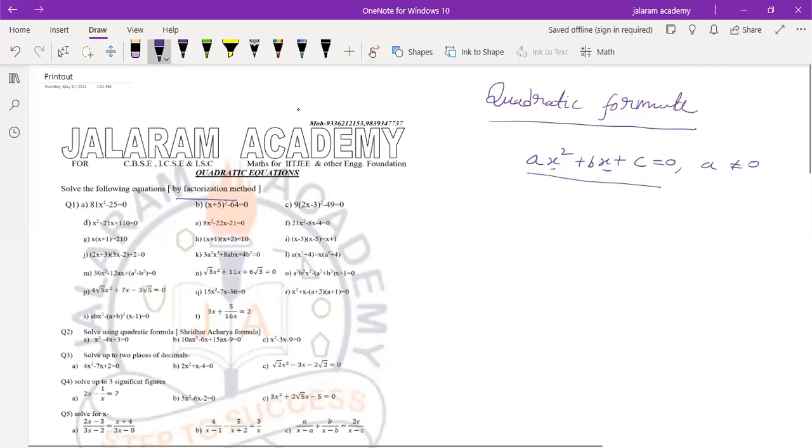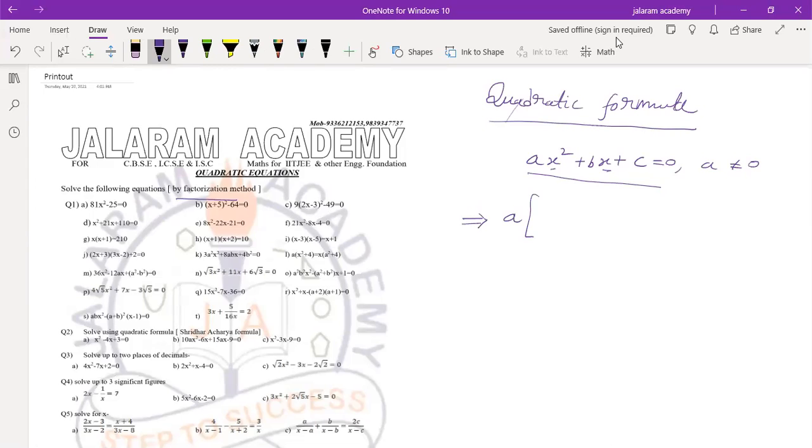Okay, are you all there? Yes, sir. So how to derive this quadratic formula? It can also be given in exams, so prepare its derivation also properly. Okay. Now,